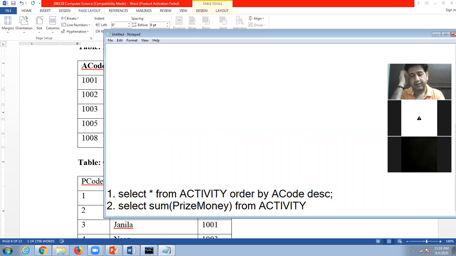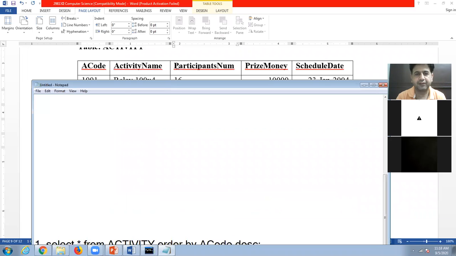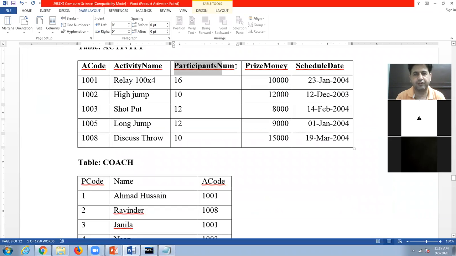Okay, students, one important thing: you will have to use GROUP BY, and here I want the grouping on participants num. So look here, the grouping is on the basis of participant number.